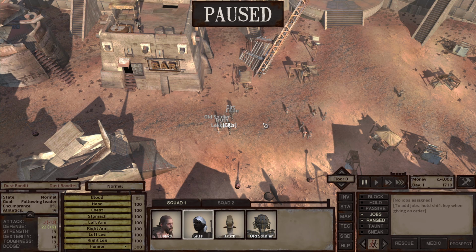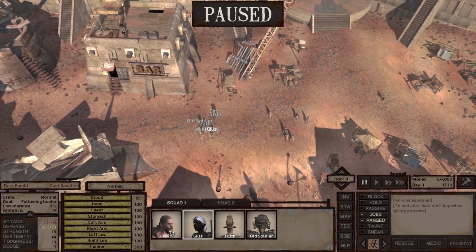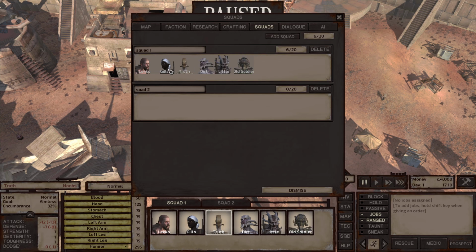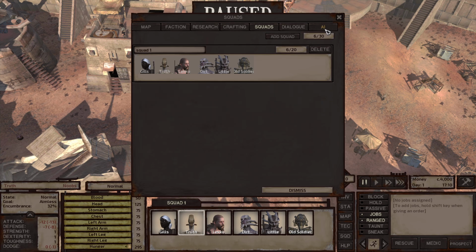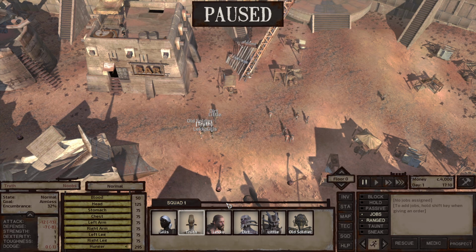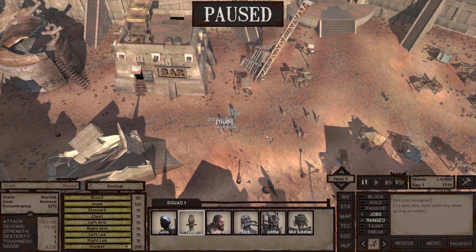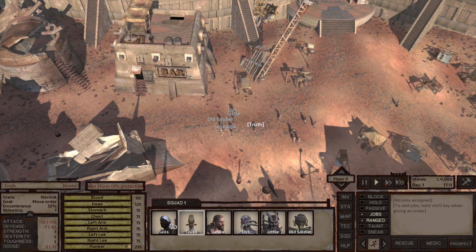All right. So we know how to select and control our characters. I'm just going to pop these guys all back together in the same squad. You can move around where they are in the squad as well. You can delete a squad. So that second squad is now gone, or you can leave it there. If you leave it there and it's empty, it won't show up here until you put somebody in it. All right, so let's grab a character